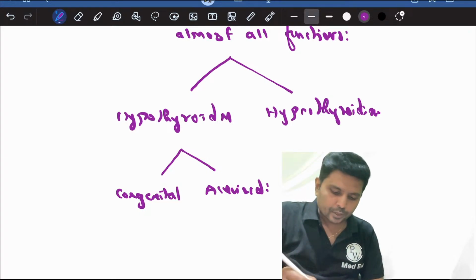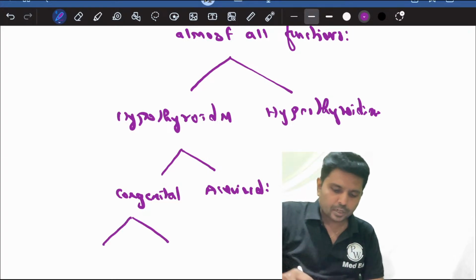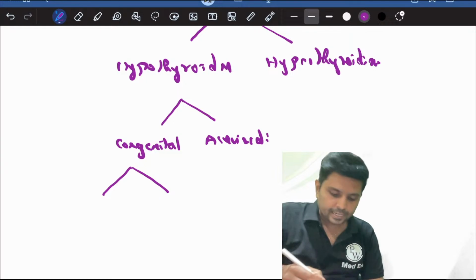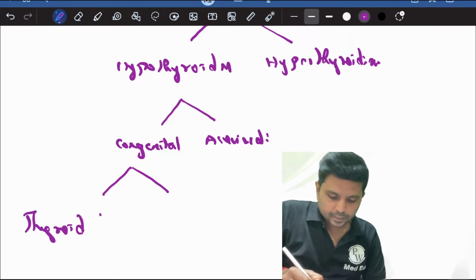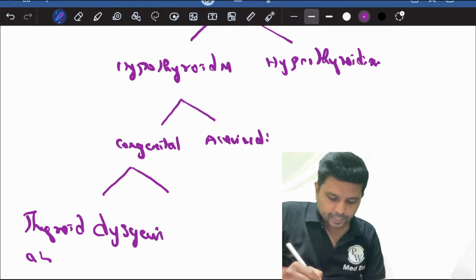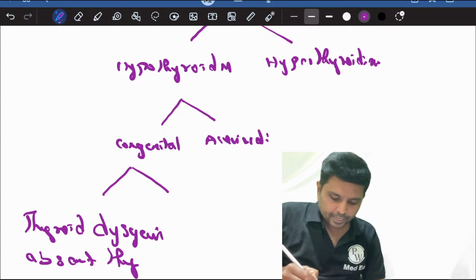With respect to congenital, the most common cause, as we discussed already, is thyroid dysgenesis. That means absent thyroid gland, or it can be ectopic thyroid,